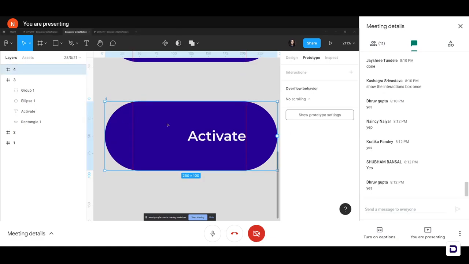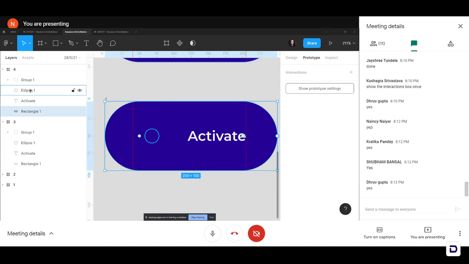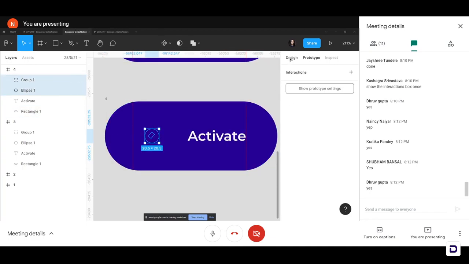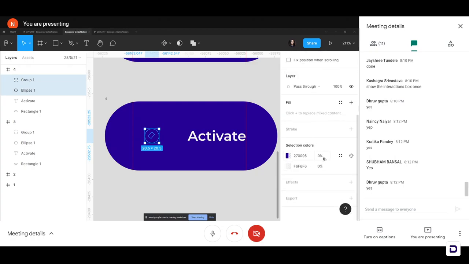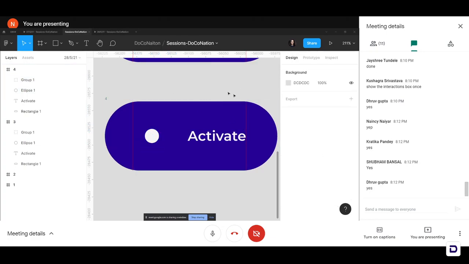So inside my fourth frame, I am going to select my ellipse and my group 1, head over to my properties panel in the design section, and change the fill that I changed to 0 in the previous one to 100%. But this time I'm not going to change the fill of this little purple tick mark. I'm just going to change the fill of the circle. So I'm going to change the fill of the circle to 100% and let the arrow be 0% again.